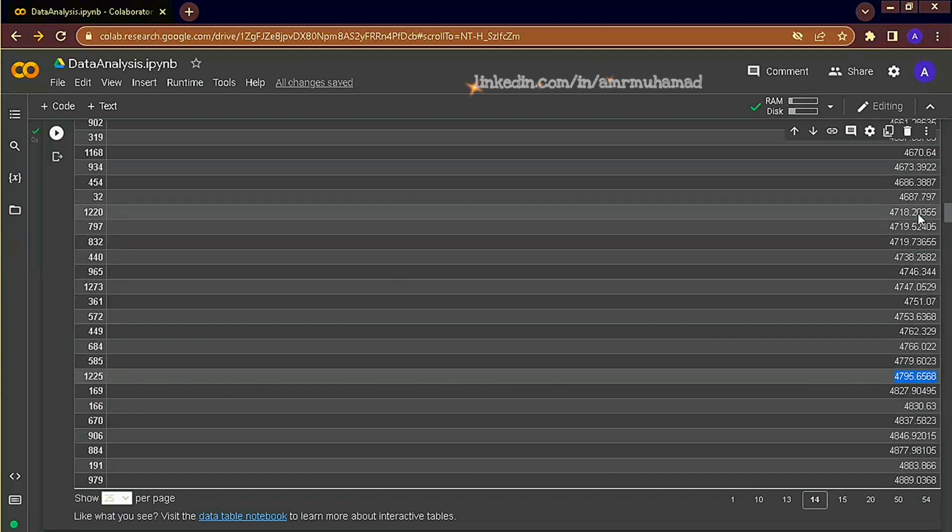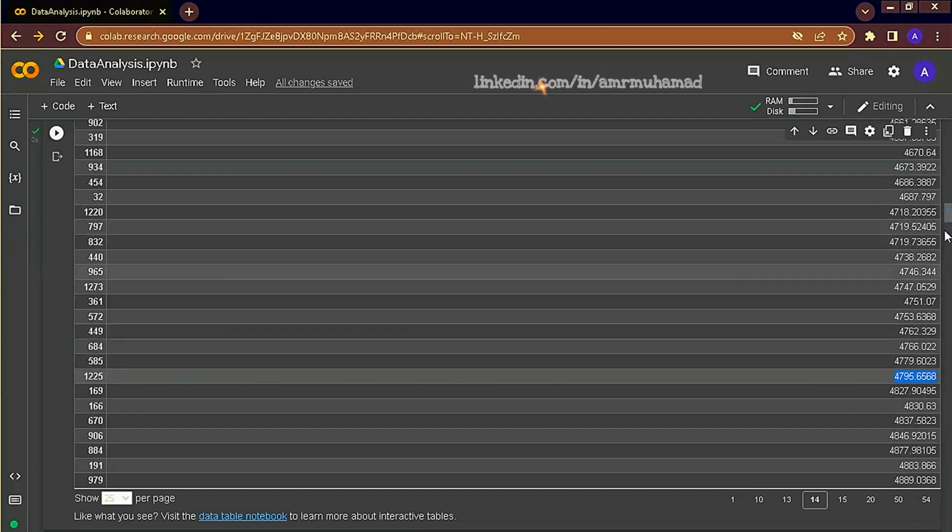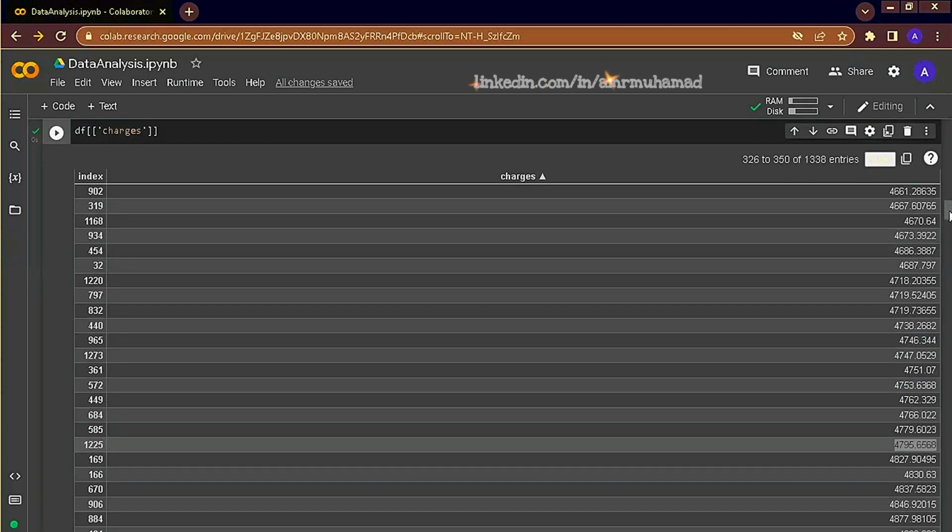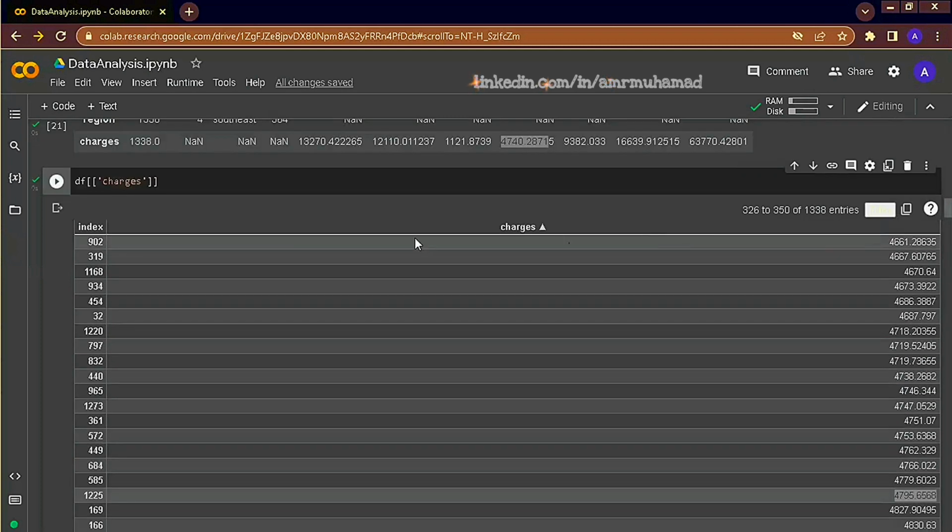Up to this point, this represents 25% of the data, and in order to make sure, we can filter the data frame by the quantile. If you want to filter a data frame by a specific number or specific range, we first start by the data frame itself and use square bracket, then specify the condition that you want the filter to be executed. In our case, we want to filter by the first quantile, so df.charges smaller than